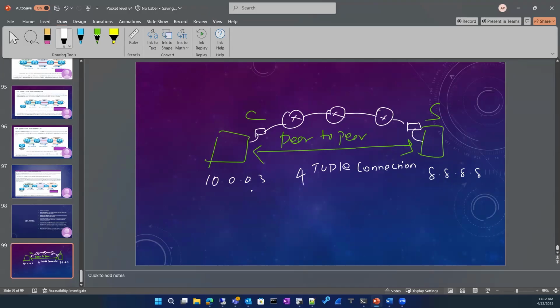Why? What is the focus? I mean, what should I see in my TCP connection? So I should see my source IP, my destination IP, source port, and the destination port. So here comes the challenge, right? So what if somebody in the middle,